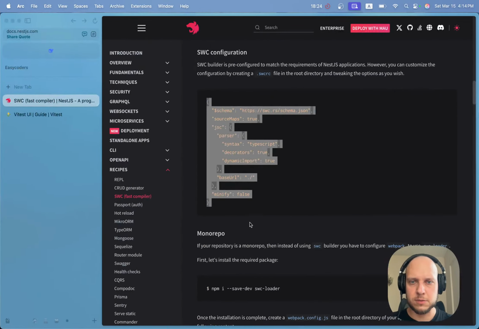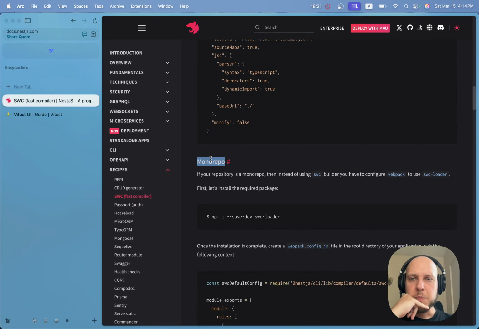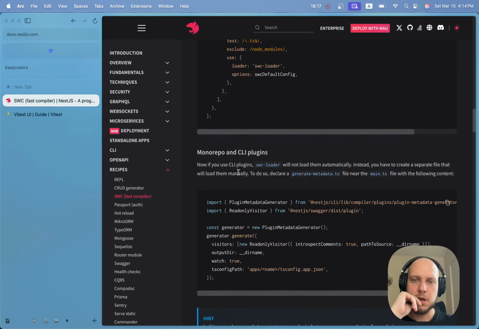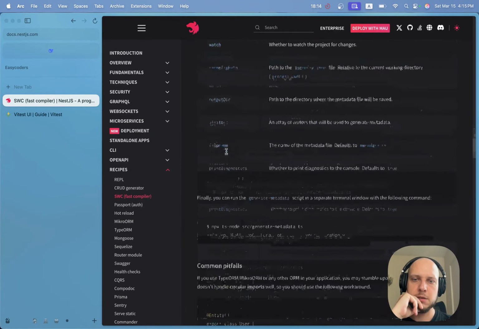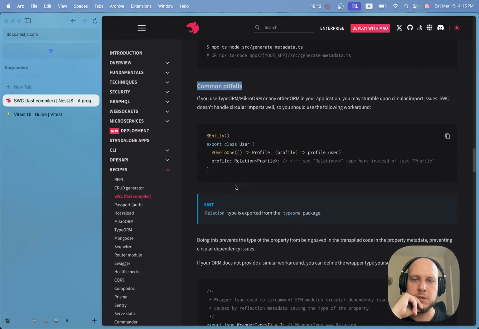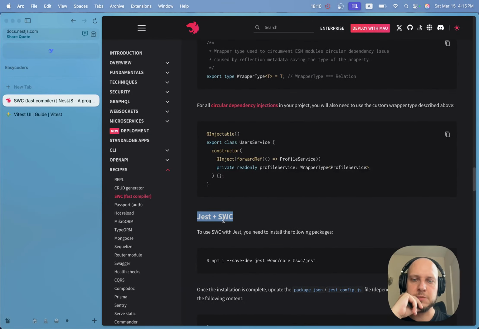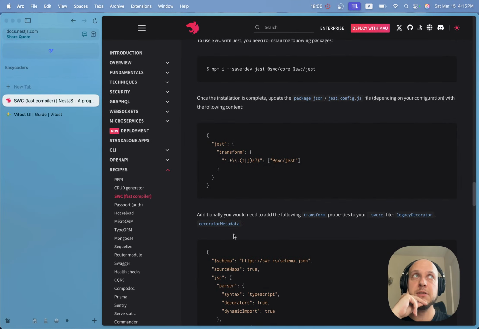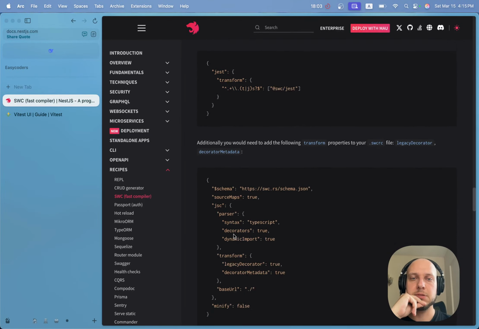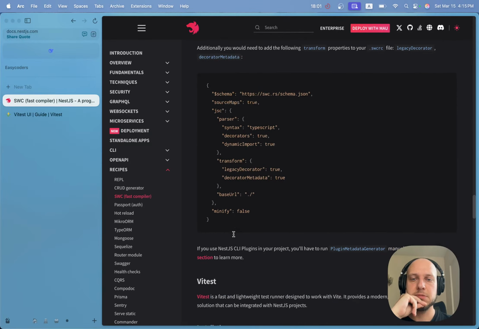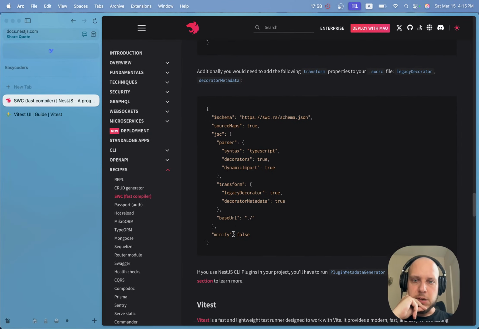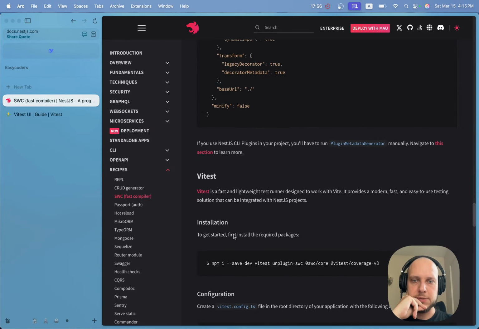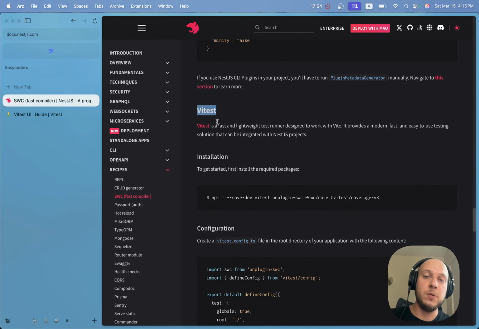Let's go back to the documentation. Monorepo. We don't use monorepo for now, so we can skip it. Monorepo and CLI. Common pitfalls. Jest plus SWC. We don't need Jest. I really hate it. Oh my god. So, what else? What else? Vitest. Finally, we need to install Vitest. Let's copy this